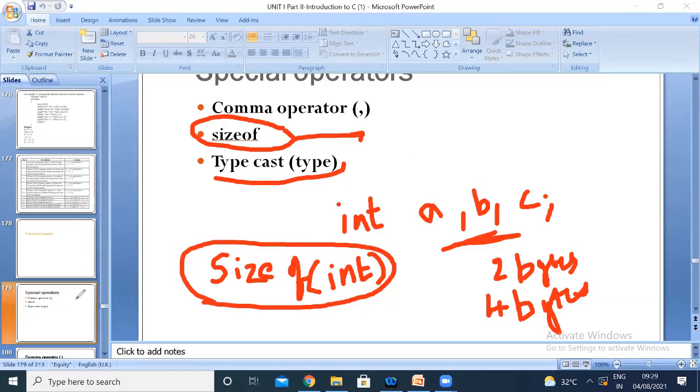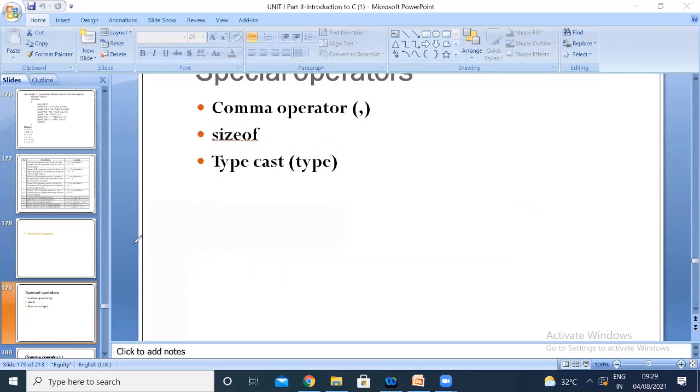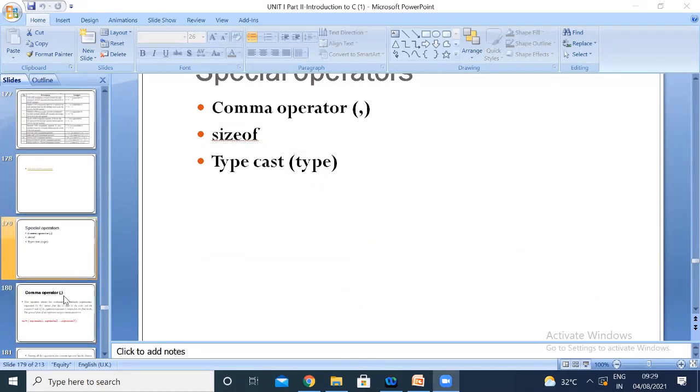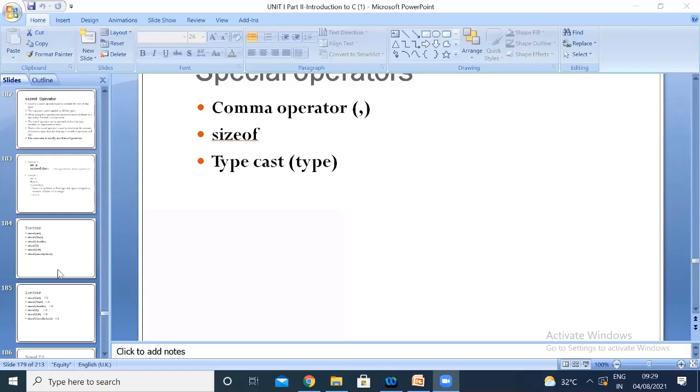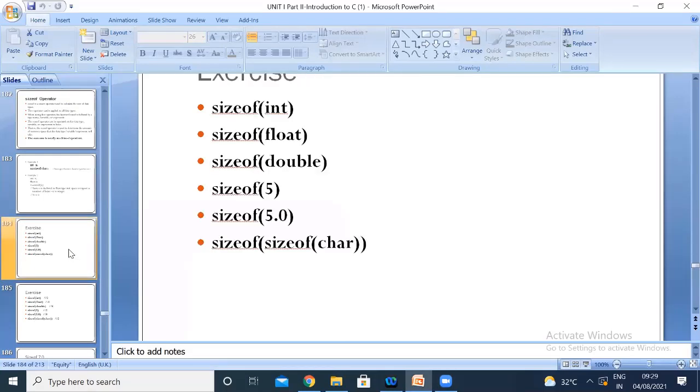So the typecasting operator helps you to convert one type of data into another type. Okay, so that's the use of your typecasting mechanism. Already we have seen the comma operator and sizeof operator.